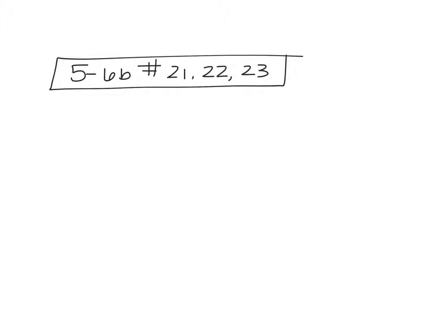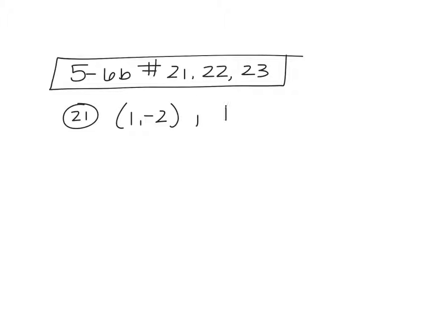Hey guys, this is numbers 21, 22, and 23 from 5-6B. Just in case you're having trouble figuring out how to do these, I just wanted to walk you through a few. So number 21, they tell you that you have the point (1, -2), and that we want to be